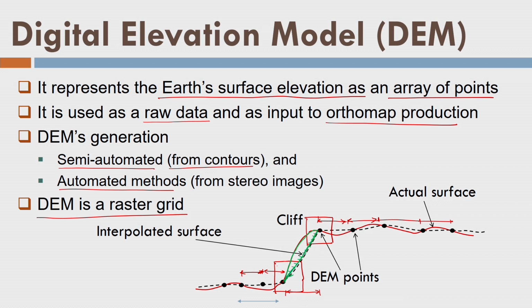So the DEM, according to its resolution and accuracy, is close to the true representation of the terrain. And that's why we need to have some kind of accuracy measure for the DEM also: what is the Z accuracy, what is the planimetric accuracy, and then decide the cell size or the resolution of the DEM.